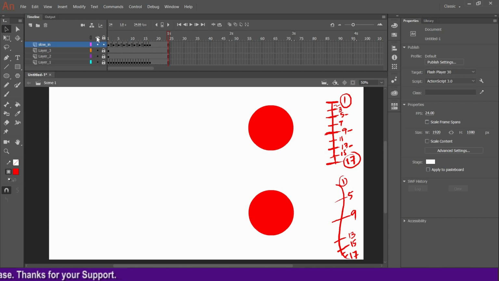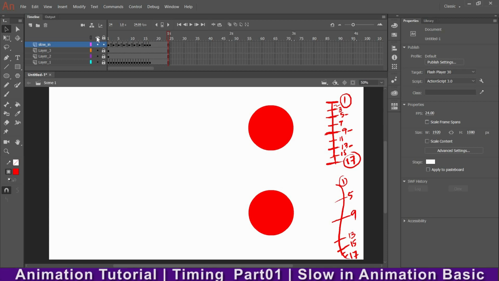But first, the main concern here is you should know the timing of the object, how it is playing on the timeline. Okay, because that is the thing you will show to the audience. That's why you should understand this timeline. It's very important. It's not about just drawing two frames and placing them here and there and the animation is over. You should understand the timing, and what you are thinking should be on the workspace and should be the output, as you have thought of. Then only you have created your animation.